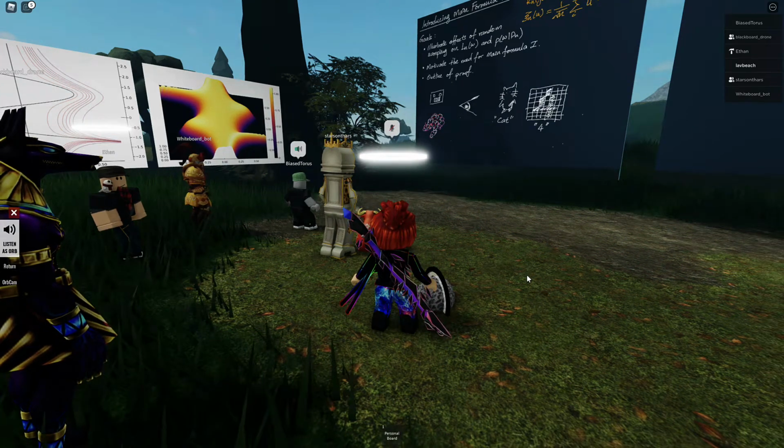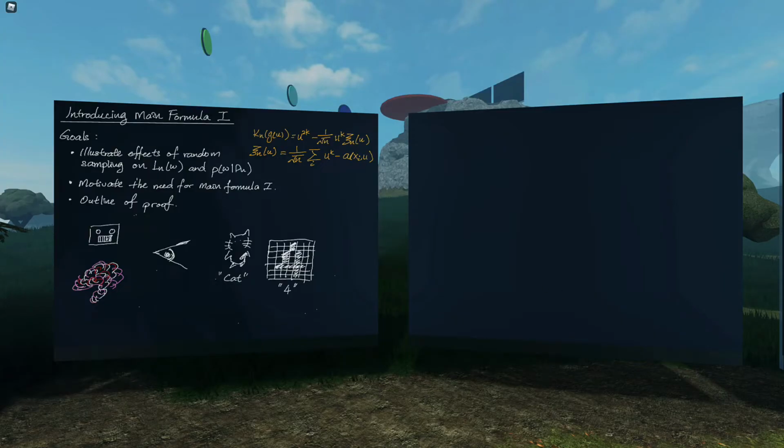So welcome everyone. Today, in this talk, I'm going to try to introduce and motivate what Watanabe calls, in his great book, Main Formula 1, which is this formula written in brown here. This is going to be a kind of softer talk, with more illustration and motivation